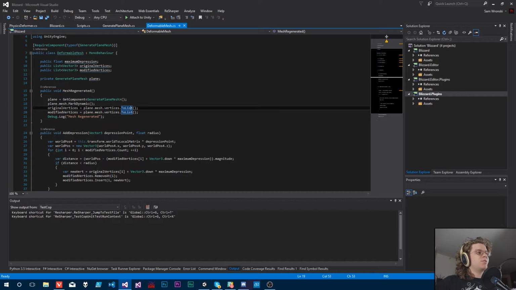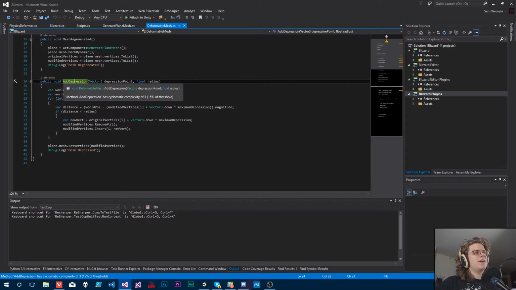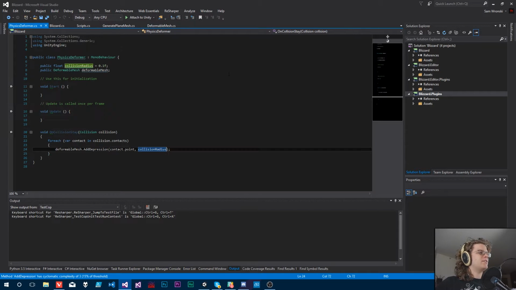So in order to fix this, what's happening is when something collides, it adds a depression to our object. We have a physics deformer that is going to add a depression when something hits it. The problem with this is that we add a depression, but then